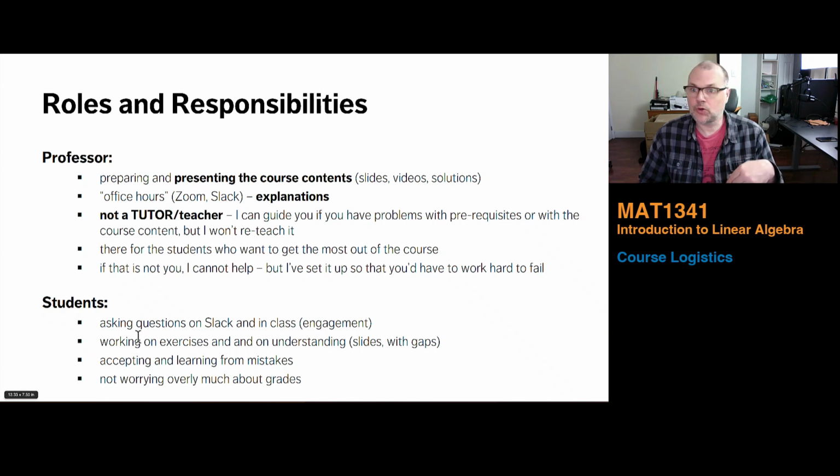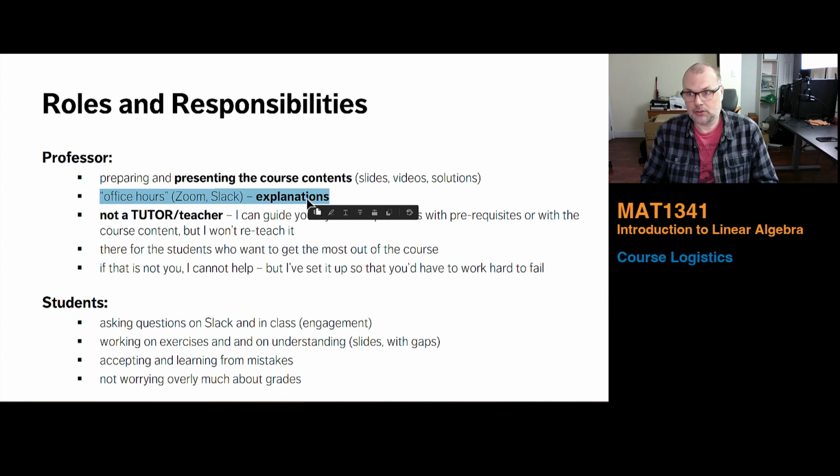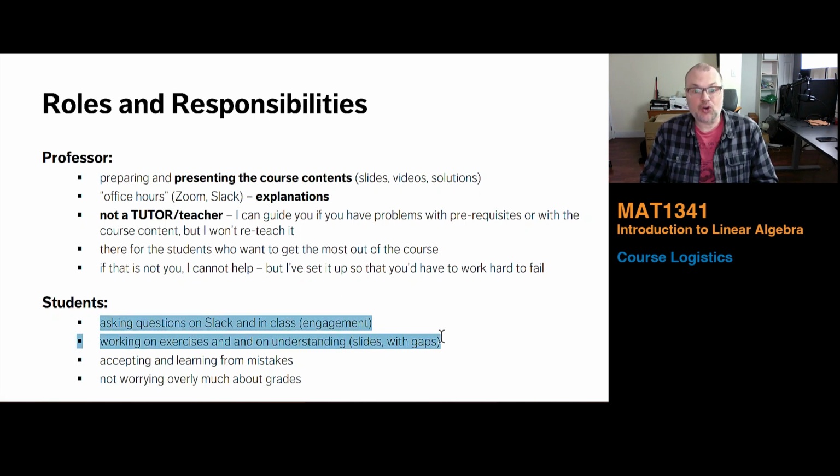When you try to understand, sometimes you will find yourself understanding, sometimes you'll find yourself not understanding, in which case you need to do something to try to bridge the gap. Well, you can come to me then for explanations. But you cannot come to me and say, I don't understand this. You need to tell me what it is you do not understand. Okay? The explanations you get come after some effort on your part to try to understand.